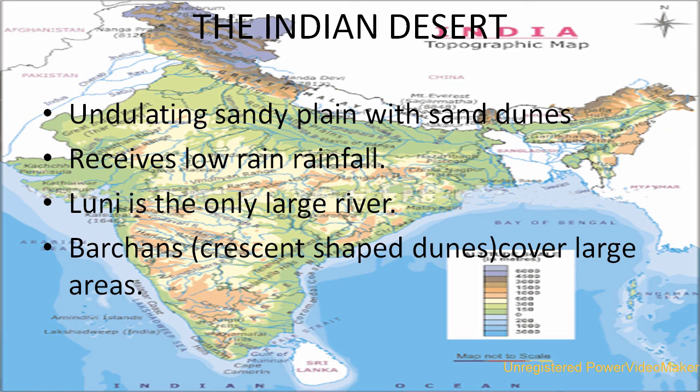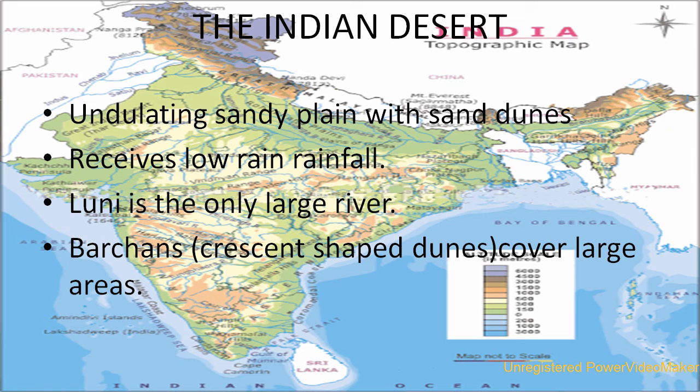Our next topic is about the Indian desert, which is also known as the Thar Desert. It lies to the western margins of the Aravallis. Thar Desert has plenty of sand dunes. This region receives very little rainfall, even less than 25 cm or 150 mm in a year. The climate of this desert is arid and supports very low vegetation cover.